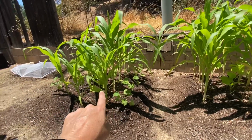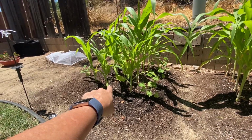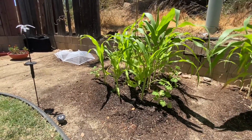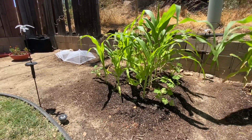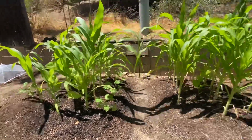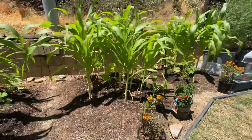There's a cabbage looper, and then I get these weird grass things that grow for no reason, and then some animal comes around and harvests them. I'm not sure if he's planting them himself or what, but I've tried pulling them up, and then they just come back. So I don't know what I'm supposed to do about that, because they don't tell you what to do about that. There's a bee who's not pollinating anything. Anyways, so yeah, those are the beans, and there's the